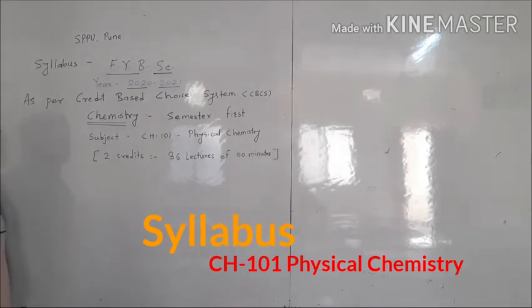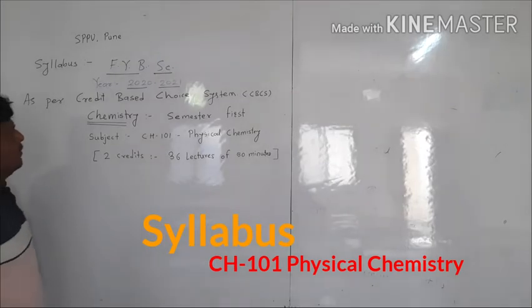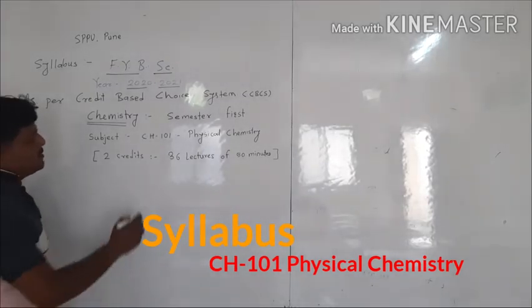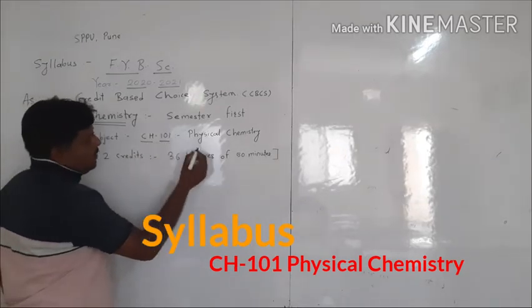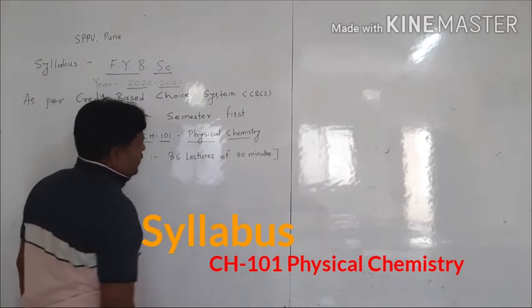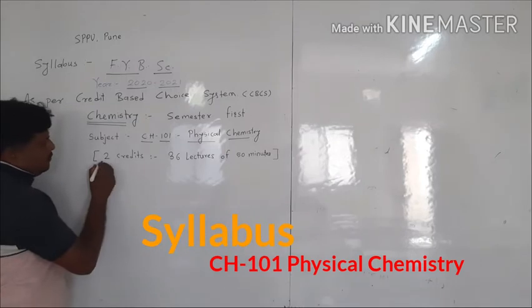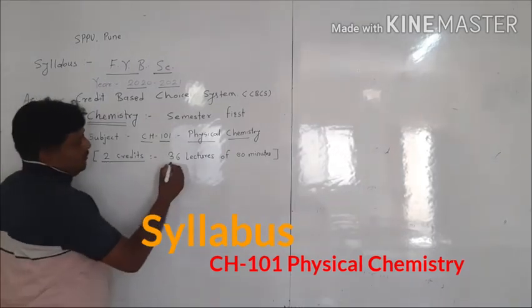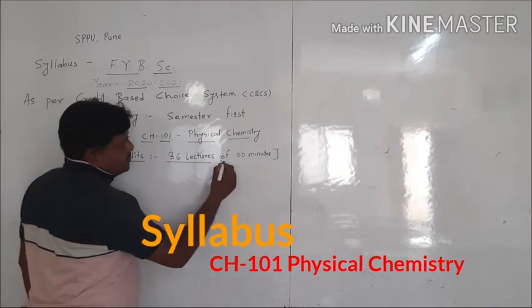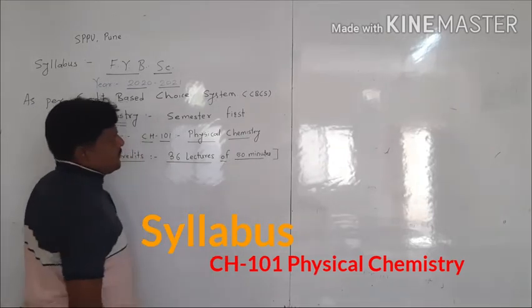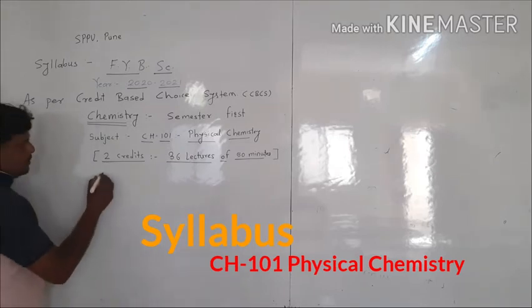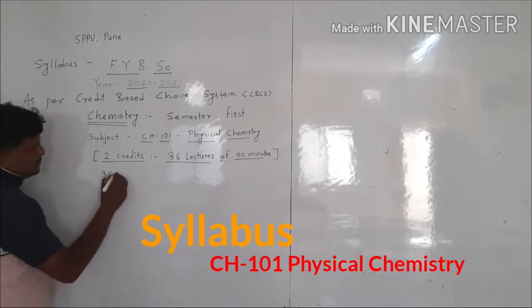This syllabus is as per the credit system, and this subject, CH 101 physical chemistry, is of 2 credits. 2 credits means what? We cover 36 lectures of 50 minutes in this semester,